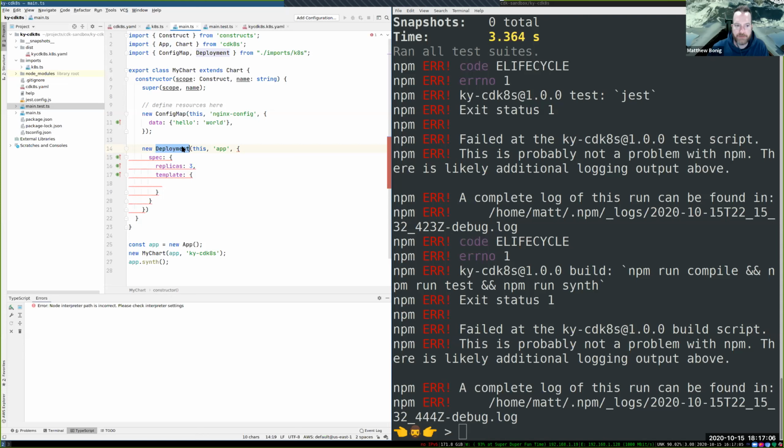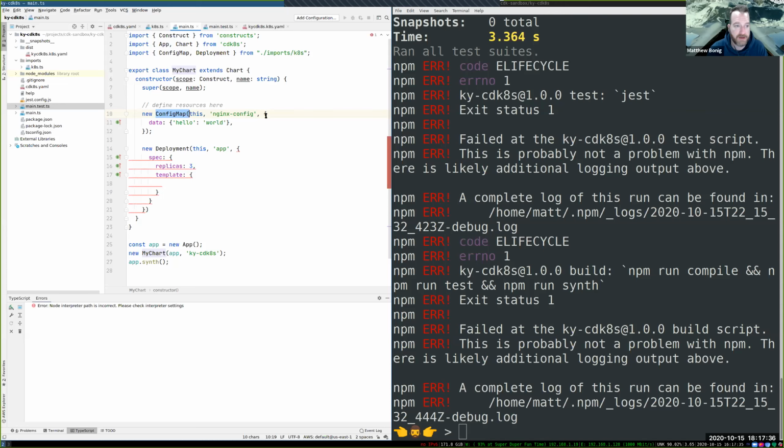In fact, a lot of times it's usually recommended that you don't create L1 constructs directly within a chart. You want to have them within their own construct, so that as versioning changes and certain field definitions may change, you can abstract those away properly from your consuming code. So we can keep digging through this if you want, but hopefully at this point you see the pattern of how you can very quickly get this thing up and running and start testing all this.